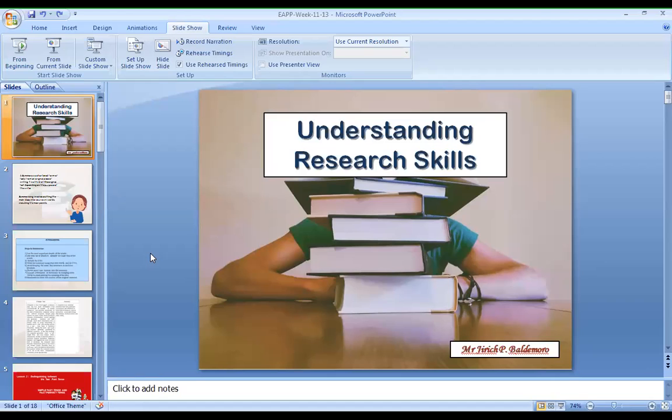There are three options in presenting evidence from a source. It's how you give credit. The first one is paraphrasing, the second one is quoting, and the third one is summarizing. In this lesson, we will discuss or introduce the three options in presenting evidence from a source.